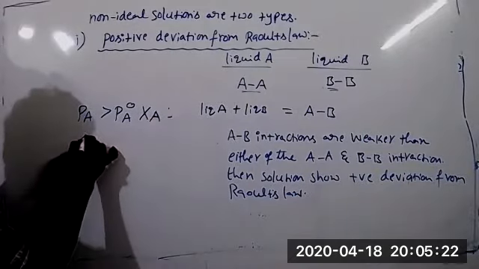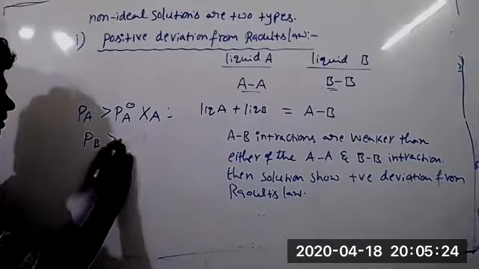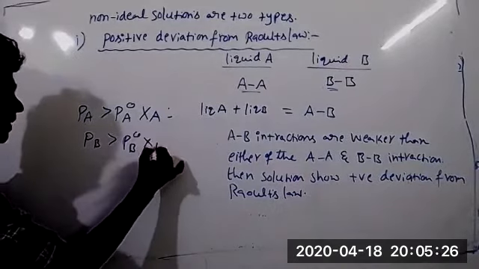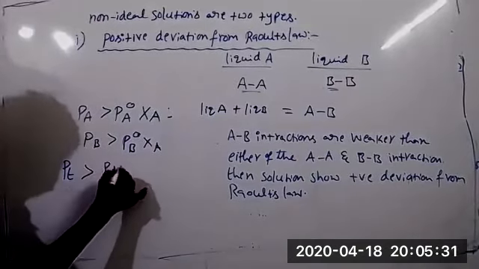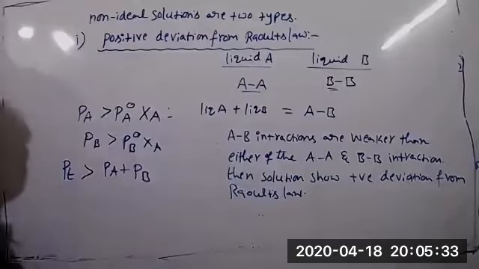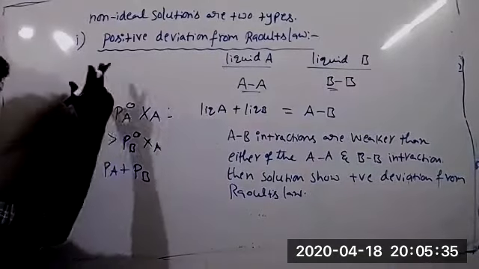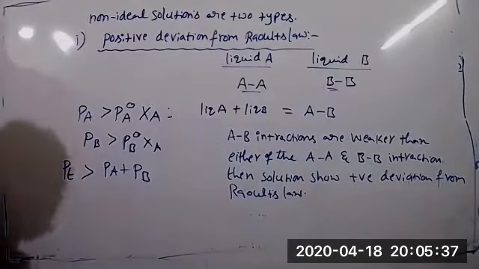And you may write B also: PB is greater than PB⁰ XB. P total is also greater than PA plus PB. This is for solutions which are showing positive deviation from Raoult's law, and the graph is